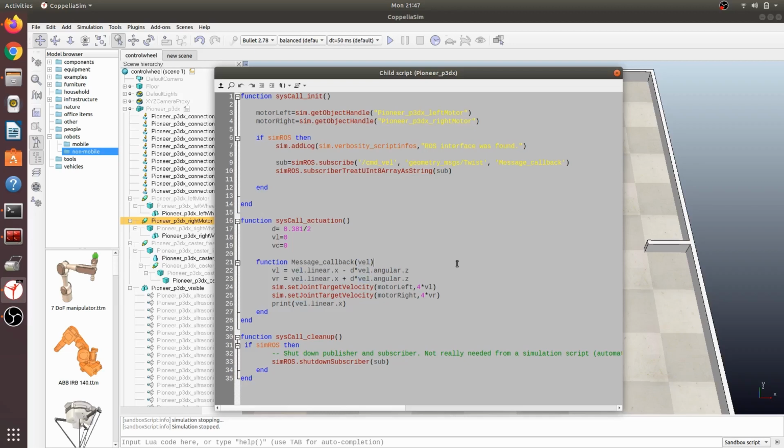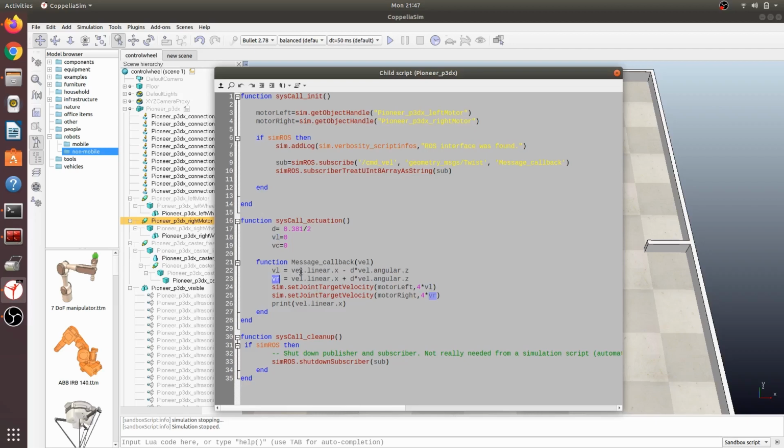So this is that variable. If you see, it's almost the same as what we write in ROS publisher and subscriber. Even the syntax is 90% same. So there are some things that you need to understand. And one more thing over here, this is just subscribing to an array as string, because this will be coming in a format of string, so our subscriber needs to be in string. Okay, so now this message is coming in the velocity type. Now we'll be assigning left and right velocity.